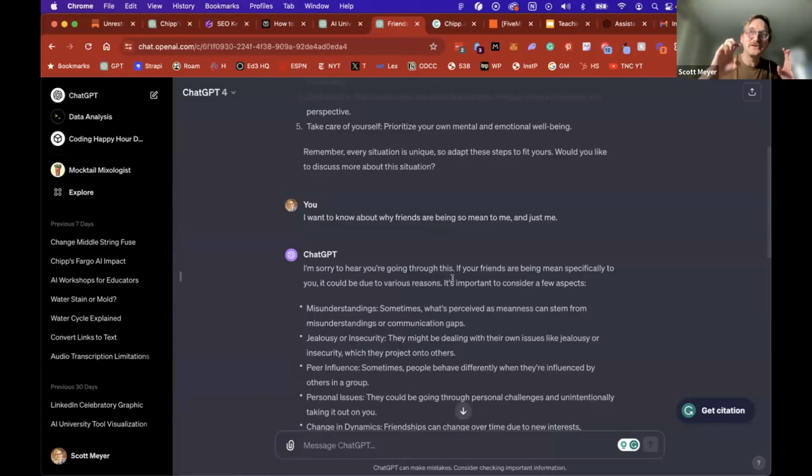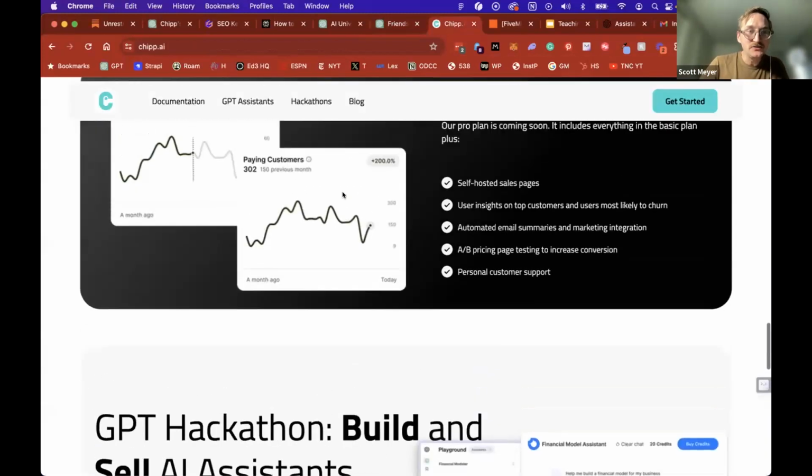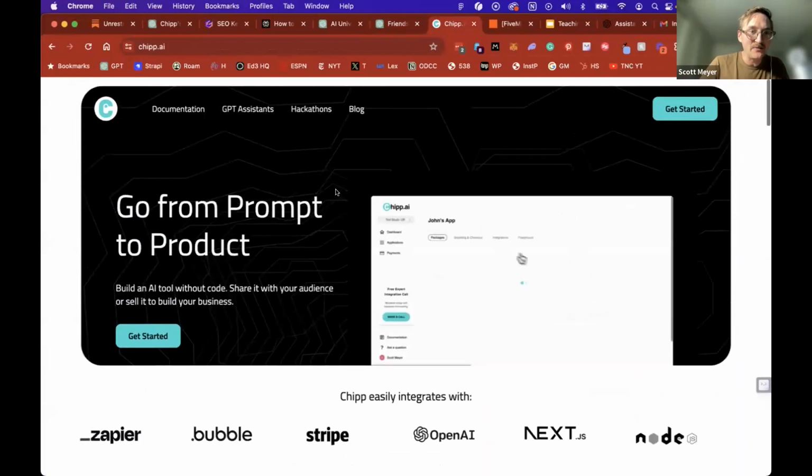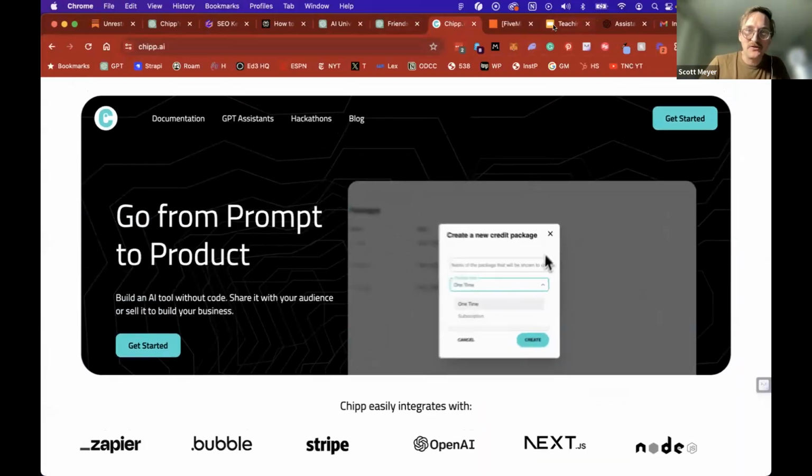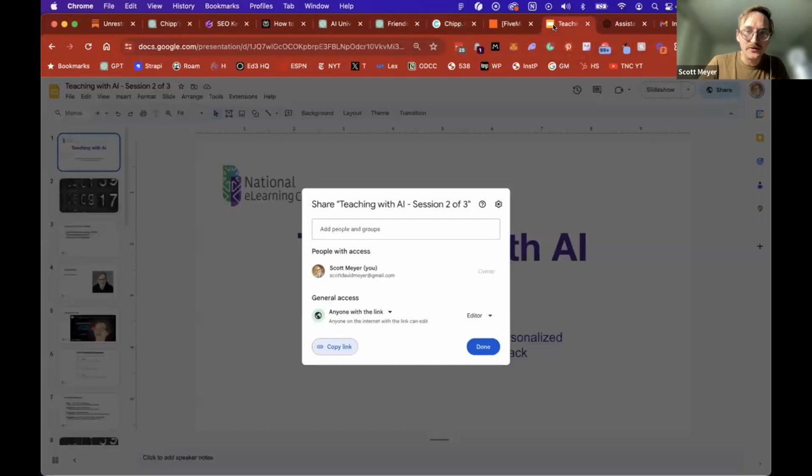So now we've talked about frameworks and a few examples of tools to use. So the next thing I want to do is show you and help you build your own AI tool right now. It'll take us about 90 seconds. So this is part of a company that I started called Chipp. And so what I'm going to do is ask you to go to Chipp.AI, which is CHIPP.ai. And I'm going to also pull up a QR code if that's easier.